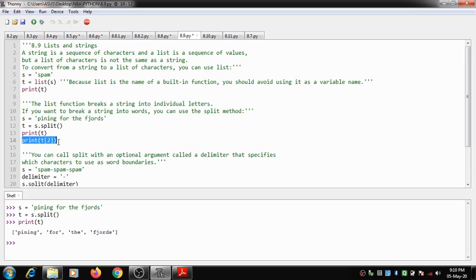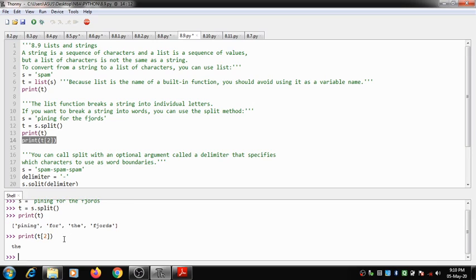I want to print the individual word from that particular list. I specify the index value and it will return the specific word present inside that list. So I have specified the index values as 0, 1, 2. So it is printing the